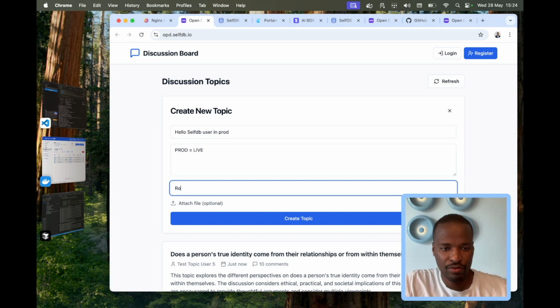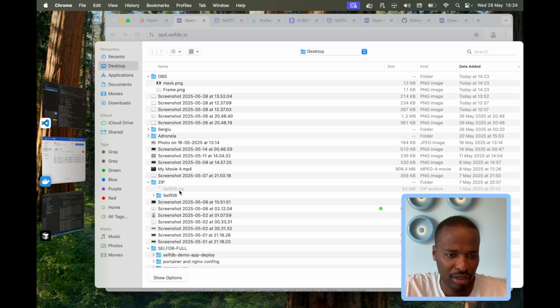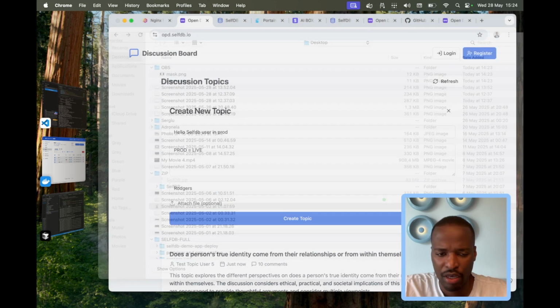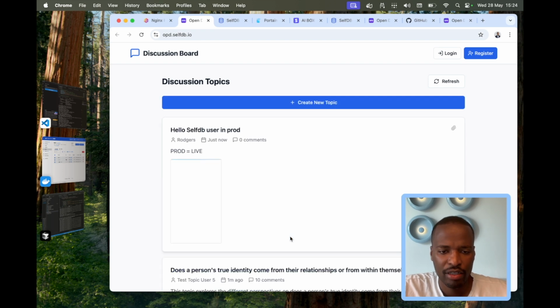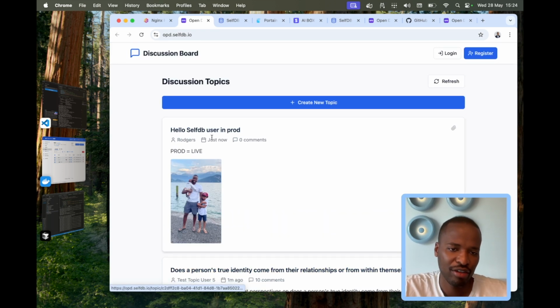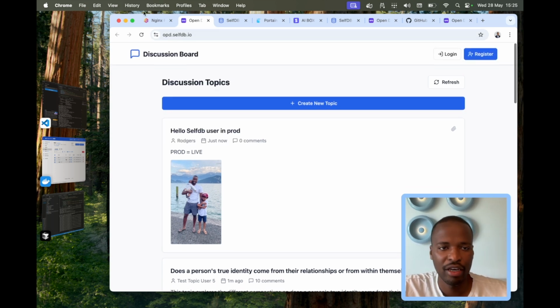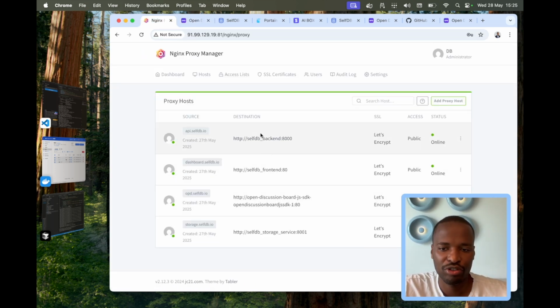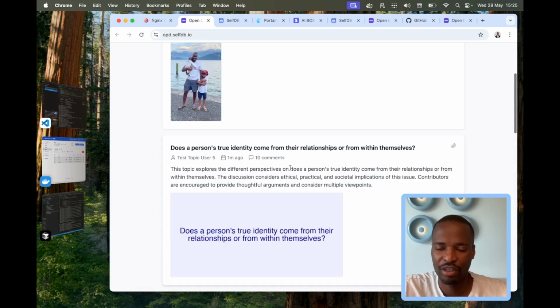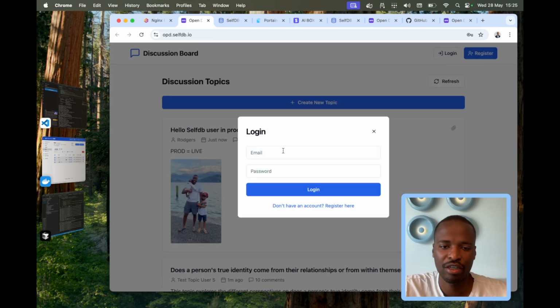Then I'll just say Rogers again, and just to still debug around, I'll still add an image. I remember I had an image of me here and the kids. And here we go. So hello SelfDB users in prod with the HTTPS and everything. This comes with the Nginx proxy manager, which is linking to these containers. I'll share the config in the how-to documents. And the good news, we can also log in here with the admin